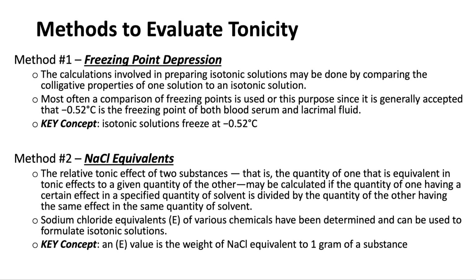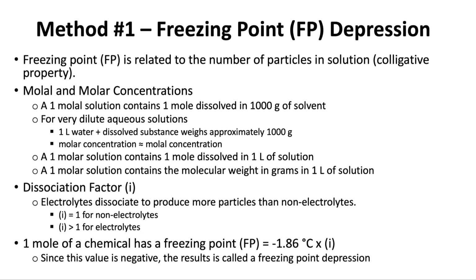So that's how we can use this E value to take our drug substance and convert it into an equivalent weight of sodium chloride, and then use that weight to calculate up to what we know to be an isotonic amount of sodium chloride, which is 0.9%. So hopefully that makes sense, and we'll spend some time now using both of these systems. So, getting into the freezing point depression method for doing these sorts of calculations, a quick amount